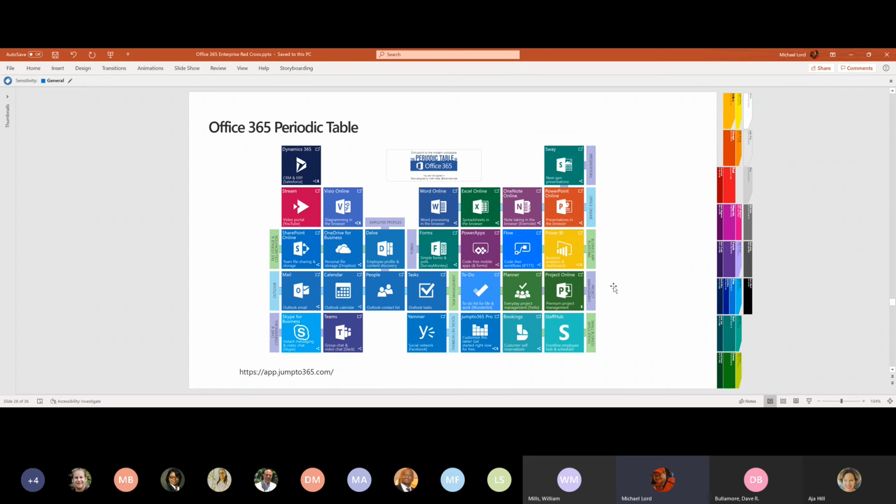So when we talk about things like project management, we look at Planner, To Do, Project Online, and ultimately what are the different types that you need to track for project management. Am I looking at just my individual task? Am I looking at very simple management across Planner where you can assign tasks to individuals within a team, or am I going to Project Online where I'm escalating it to the point where I'm running burn down charts and getting to really elaborate project management capabilities?